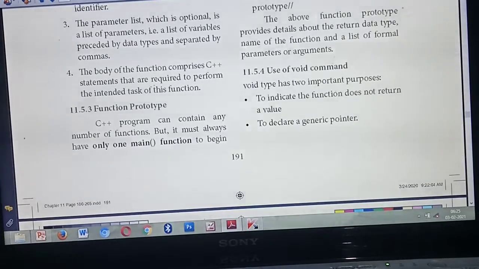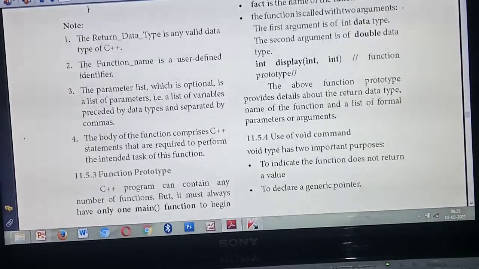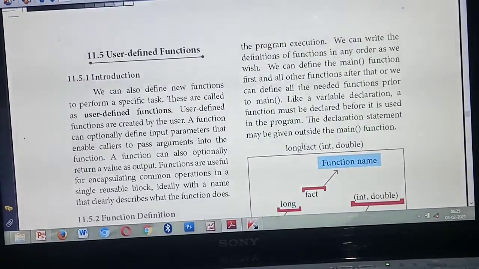You can use any number of functions inside the program, but a program will have only one main function. The program will always execute from the main function.